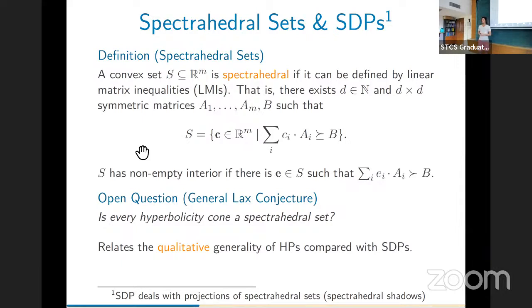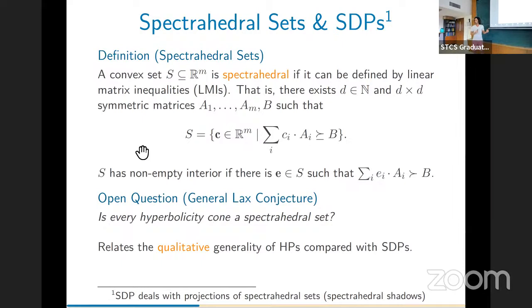Are there operations with which you can produce more hyperbolic polynomials from another? Right, that's a great question as well. We don't know many operations. If you multiply two hyperbolic polynomials that are hyperbolic in the same direction, of course you get a hyperbolic polynomial, but the cone is the intersection of their cones, and there's some other kind of symmetrization and things like that. But the constructivity of those hyperbolic polynomials is unclear. It's an interesting question as well: how can we produce more? Okay. All right. More questions?